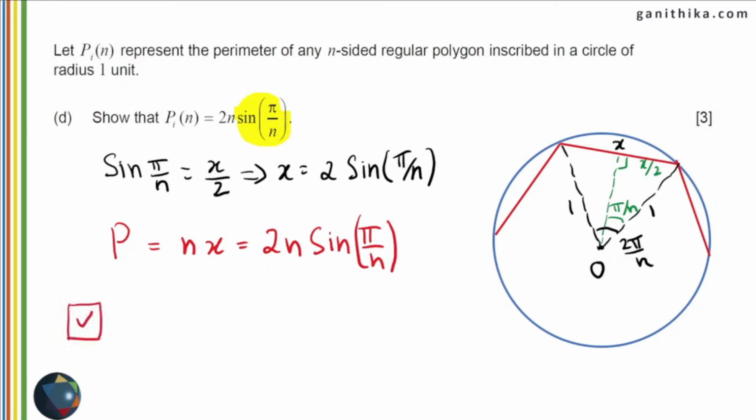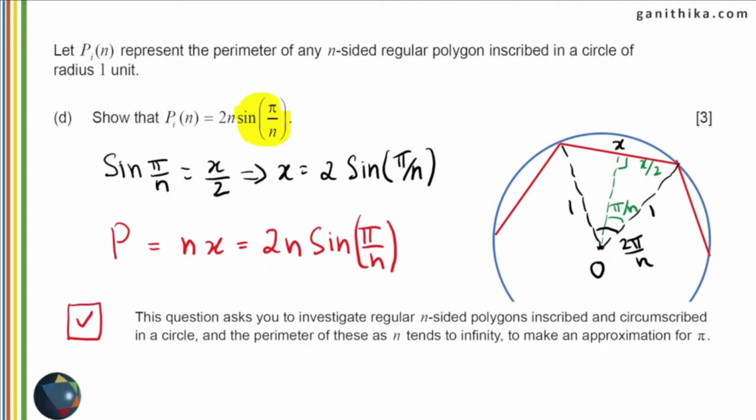How far are we done with the initial statement? The question asks you to investigate regular n-sided polygon. We have done the inscribed in a circle part. And we have found the perimeter of n-sided polygon inscribed in a circle of unit radius. This is what we have done so far. Next, we have to find what happens to this perimeter as n tends to infinity. You can see that the perimeter is in terms of n. Therefore, what happens to this perimeter as n tends to infinity will be the next set of questions in this